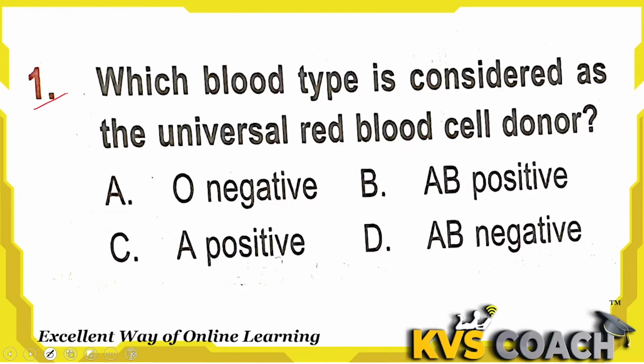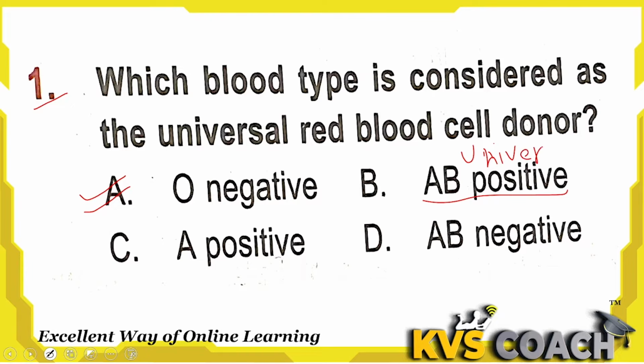Question 1 is, which blood type is considered as the universal red blood cell donor? Option A, O negative, and this is the right answer here. O negative is known as universal donor, and you know that AB positive is known as universal